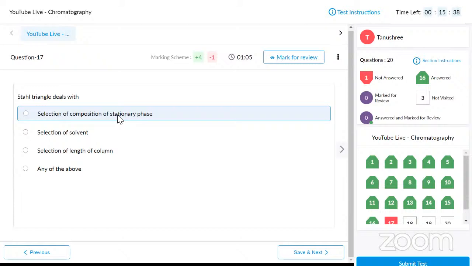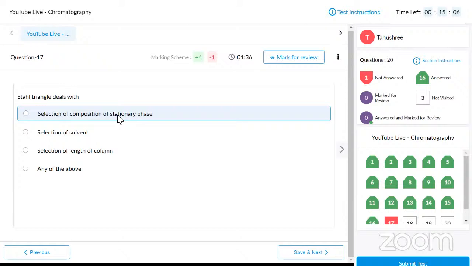So basically, you look at mobile phases, they are mixtures of multiple solvents, like a mixture of methanol or acetonitrile and a mixture of buffer solution for HPLC. And if you're doing paper chromatography, then you will have a mixture of multiple other solvents, like n-hexane, propanol, methanol, or benzene for separation. So Stahl's triangle made this